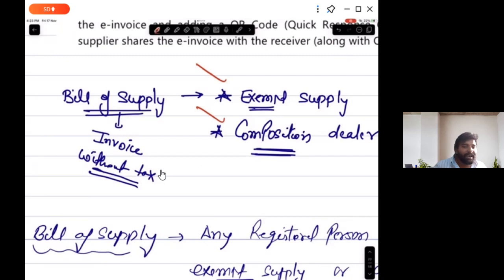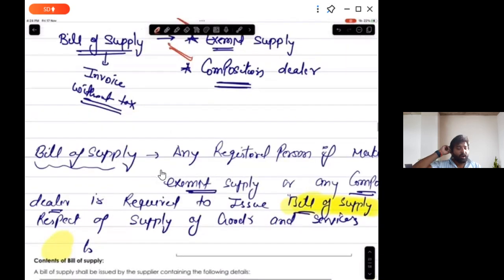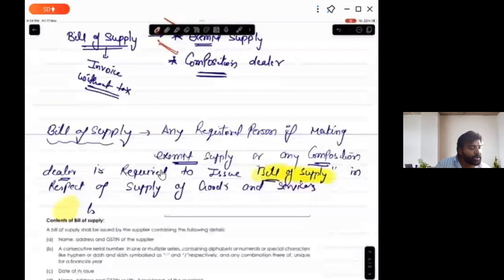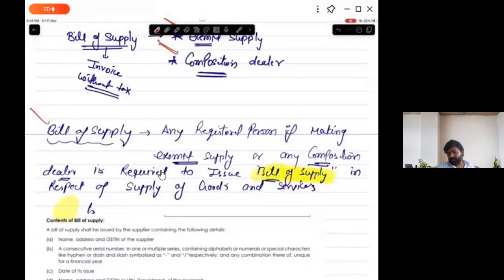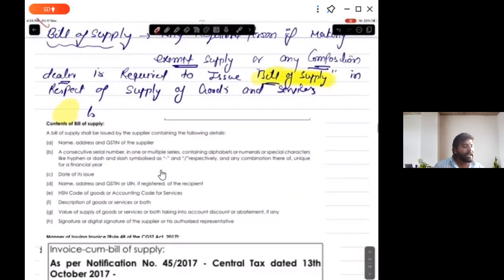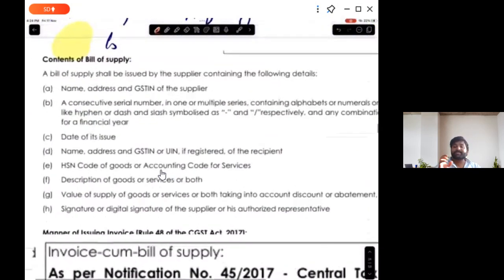यहाँ पे टैक्स के बिना बिल इशू करना पड़ता है, क्योंकि आप टैक्स कस्टमर से नहीं ले सकते, because या तो आपकी सप्लाई एग्जम्प्ट है, या आप कंपोजिशन में आते हैं तो आपको फिर टैक्स कलेक्ट करने का अधिकार नहीं होता है। और अगर आप टैक्स कलेक्ट नहीं कर सकते तो in that case you need to issue bill of supply instead of taxable invoice। तो आप टैक्सेबल इनवॉइस की जगह क्या इशू करेंगे? बिल ऑफ सप्लाई इशू करेंगे। सर तो बिल ऑफ सप्लाई के कंटेंट में क्या फर्क है? लगभग सारे कंटेंट सेम है, बस टैक्स वाला कंटेंट सारा हट जाएगा। Yes, because हम बिल में टैक्स जोड़ ही नहीं सकते, तो टैक्स वाला सारा कंटेंट हट जाएगा, बाकी सारा कंटेंट लगभग बिल ऑफ सप्लाई और टैक्सेबल इनवॉइस का सेम है।